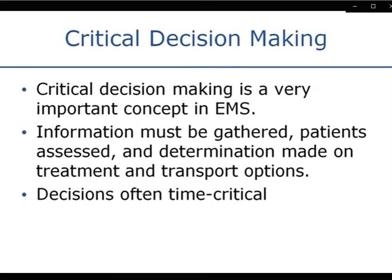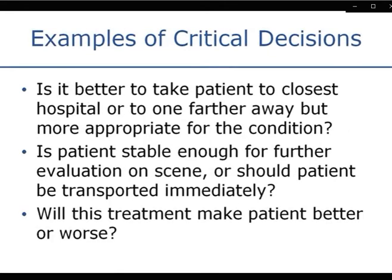And we know that the decisions that you make as an EMT often can be very time critical. Whether we stay with the patient and provide care on scene, or we move quickly and transport the patient to a facility where they can receive further care. So some examples of critical decisions: is it better to take the patient to the closest hospital or to one further away, but is more appropriate